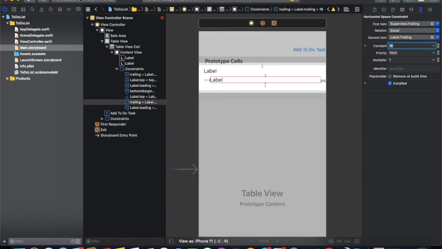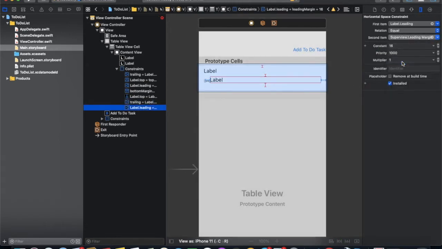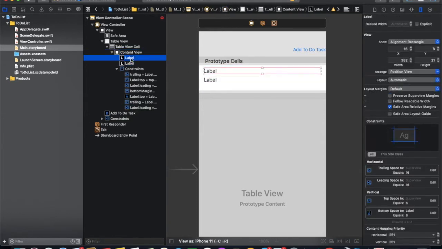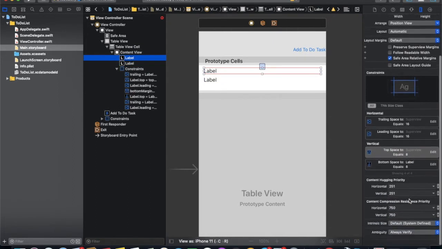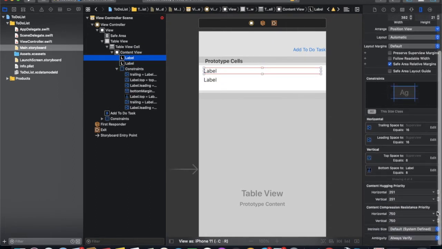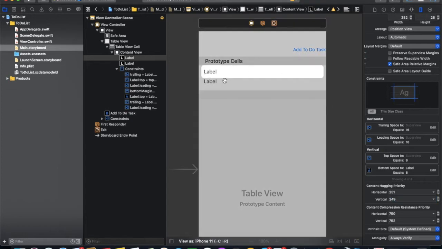Both are the same for leading, so remove the margin from here and make it 16. Now you can see there will be some error, so you need to set the content hugging priority for the height. We make it 7.2, and we make it 2.9. Now everything is good.